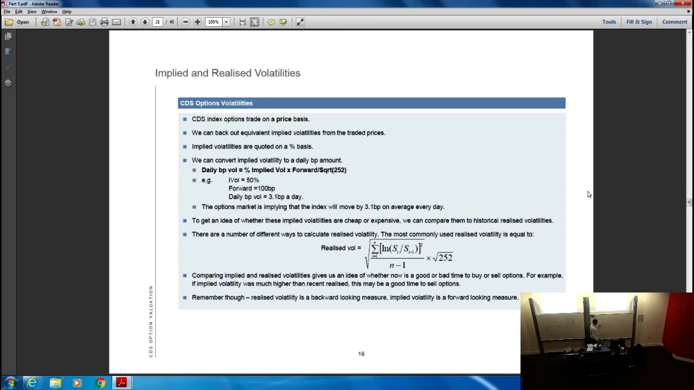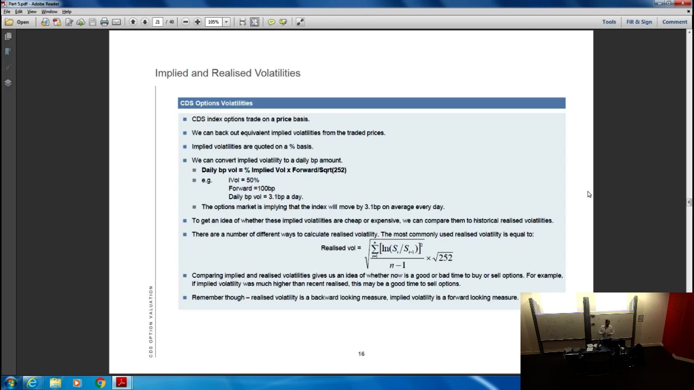So that basically then gives us daily percentage volatility. And if we now want to see how that is on a basis point amount, we then basically have to multiply that by our forward level itself. Okay, so daily basis point volatility is basically equal to annual volatility moved onto a daily basis by dividing by the square root of the number of days in a year, multiplied by our forward level, which